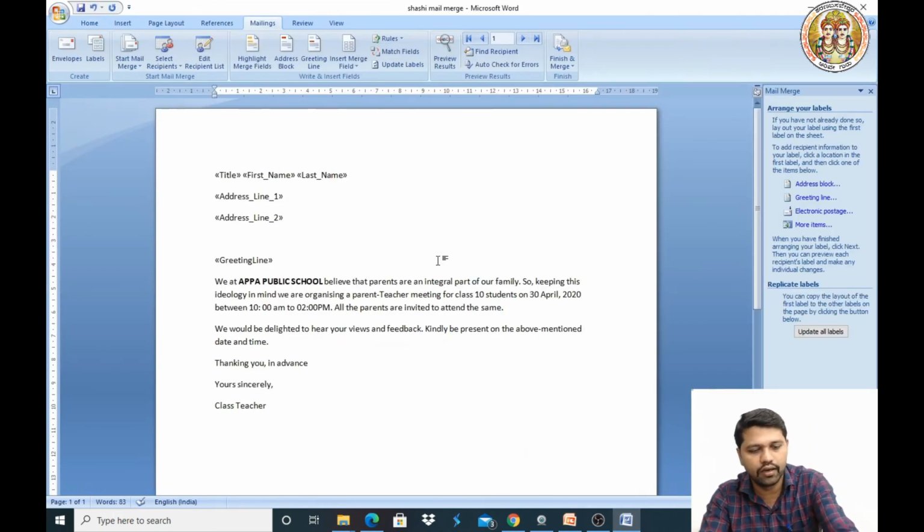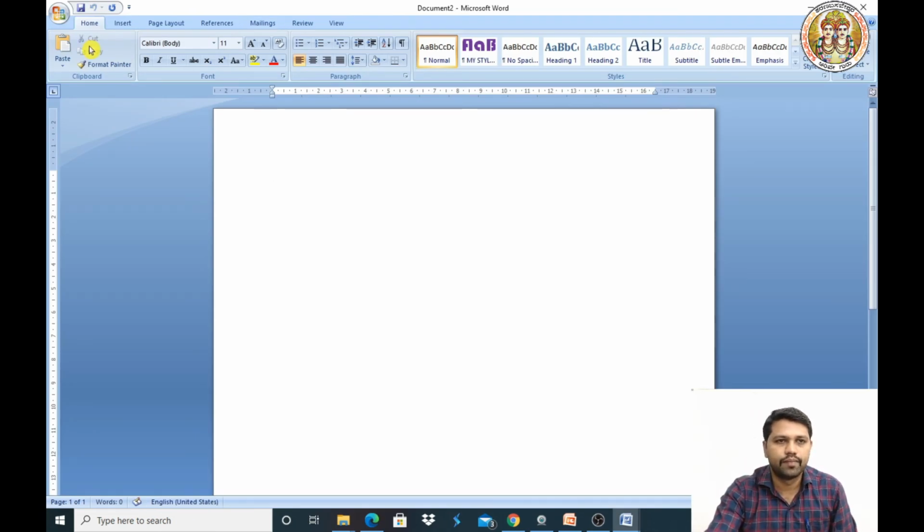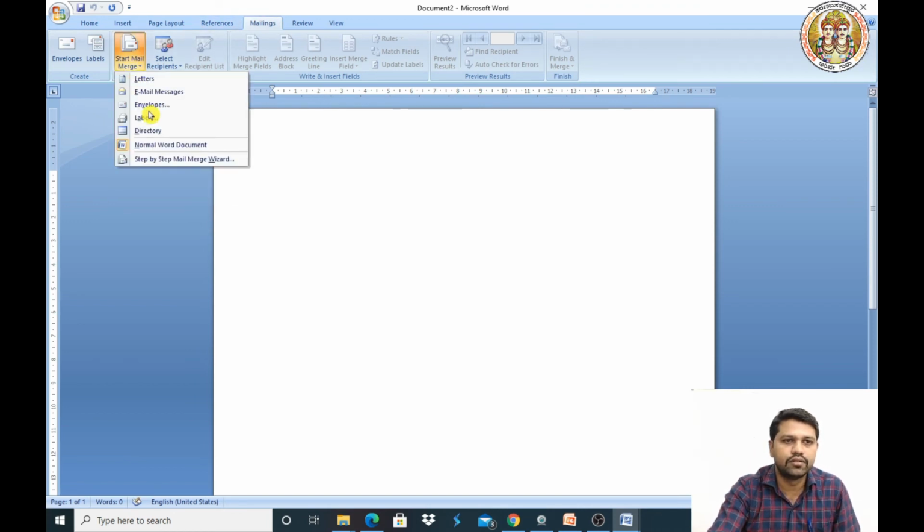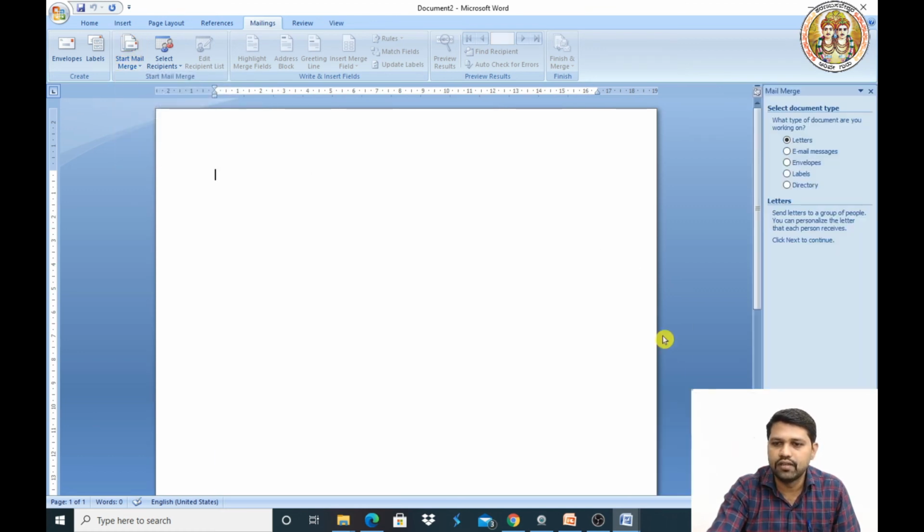I'll take a new document and here again click on the mailings tab, take the option mail merge, and step by step mail merge wizard. Here we are preparing labels, that's why we need to select the option labels.